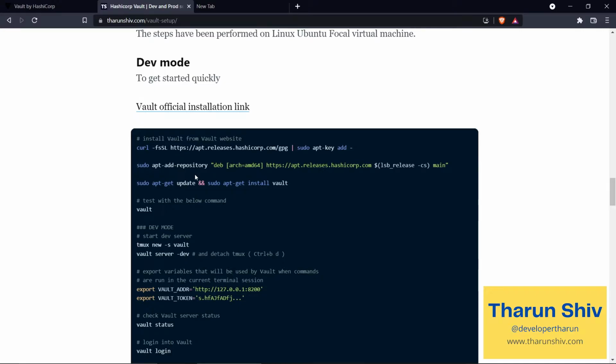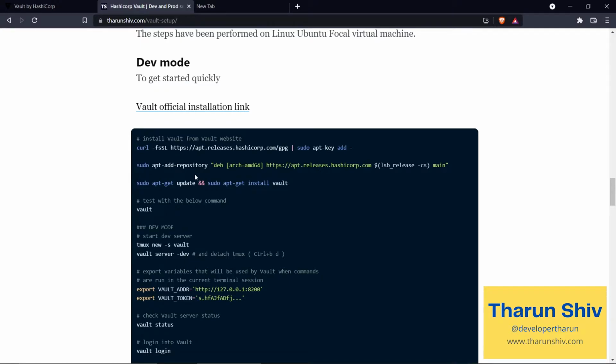You may ask, if prod mode is really secure, then why do we even have to look at how to set up in dev mode, and why do we use it? One of the main reasons is when you want to get started quickly, or use it as a development server where you don't mind about the credentials and secrets that are stored, and only for your application development purposes, or you want to test something really quick, you start into dev mode and jump into it.